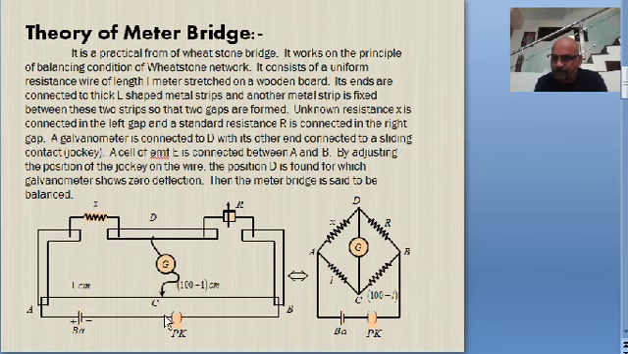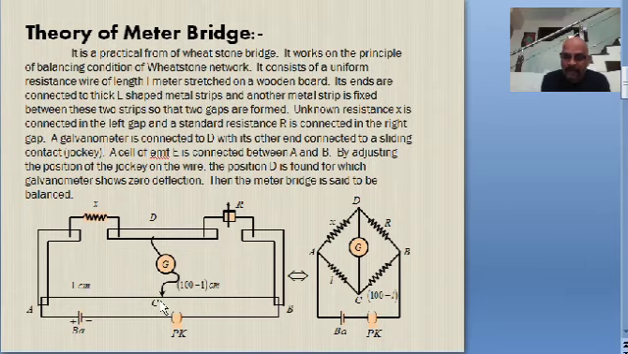So you keep on sliding the contact, the jockey, from the end A along the wire until the galvanometer shows 0 deflection. What is the conclusion? When the galvanometer shows 0 deflection, it means that current is not flowing through it. When no current flows through the galvanometer, the bridge is balanced. When the bridge is balanced, P by Q is equal to R by S,